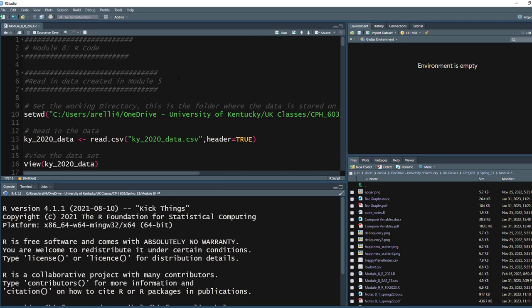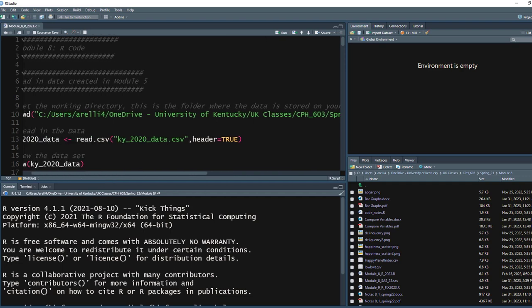The other thing I want to make sure that I know is where that data set is that I'm going to work with. And in this video, I'm going to work with the Kentucky data set. There are two different ways that we can read that data set in. First, we need to set our working directory. Our working directory tells R where the file is located. And you'll notice here on line 10, I have set working directory, and in there I have a file